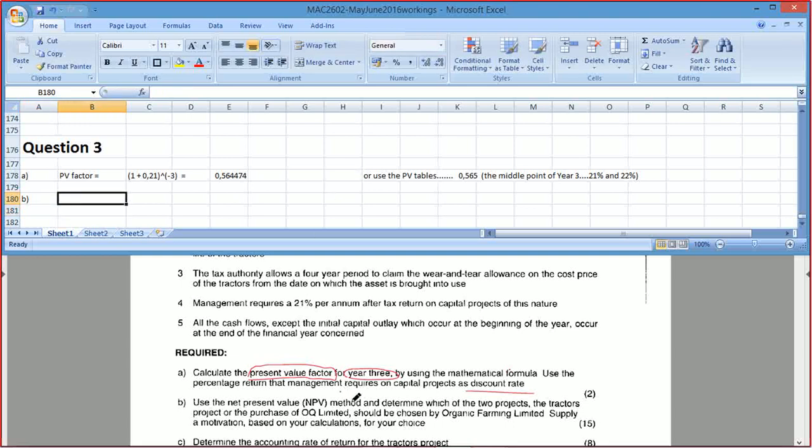B. Use the net present value method and determine which of the 2 projects, the tractors project or the purchase, should be chosen by Organic Farm Limited. Supply a motivation based on your calculations. Alright, so project 1, which is the tractors. NPV equals,